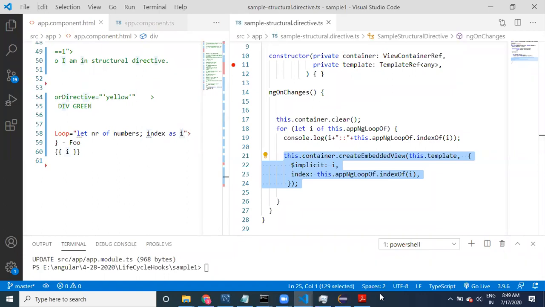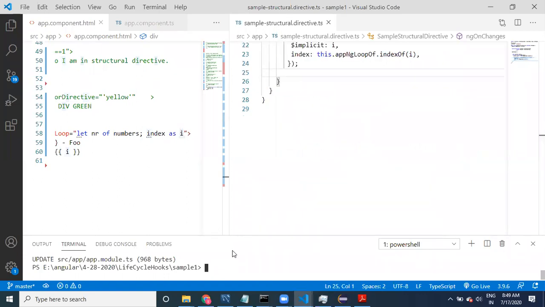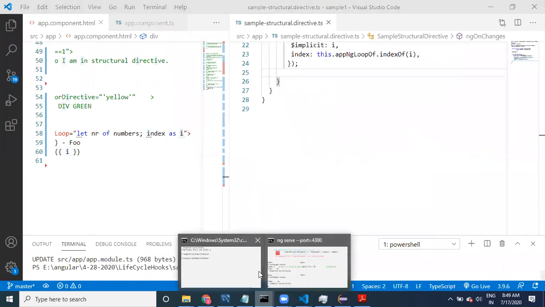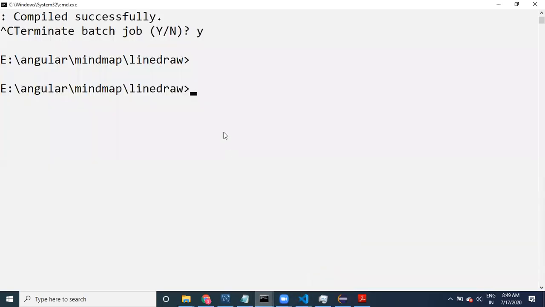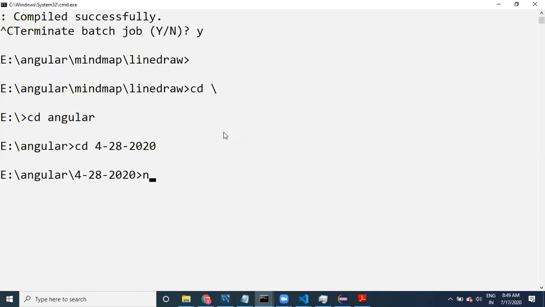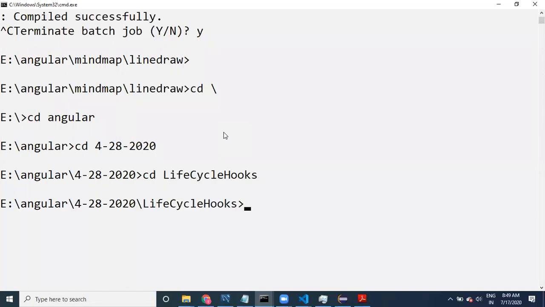Let me create it. To create that, I have to go to ng new. Here I'm going to create a new project: ng new structural.